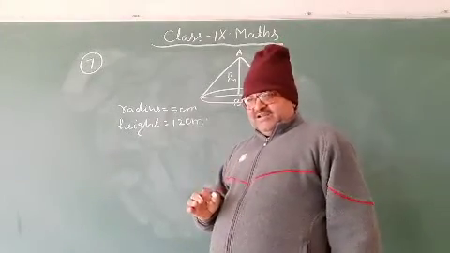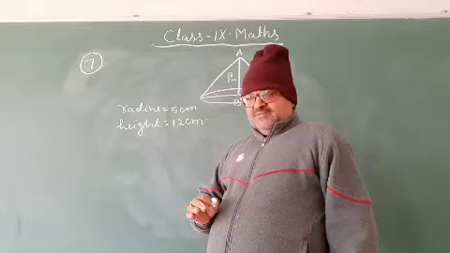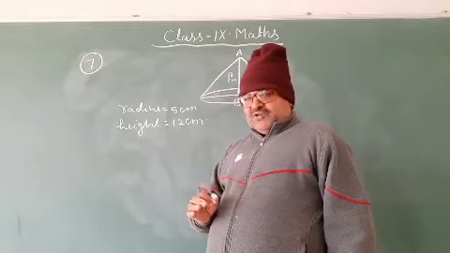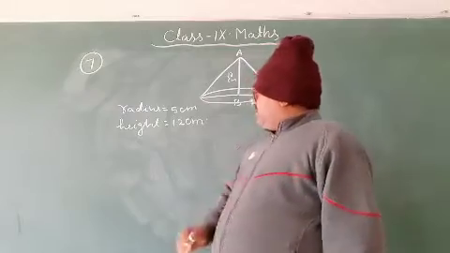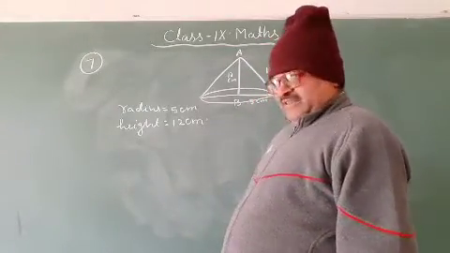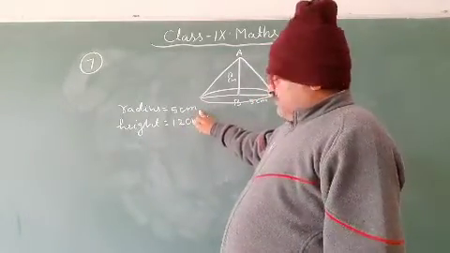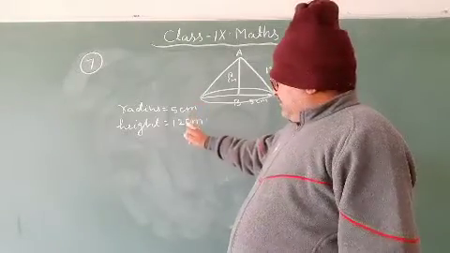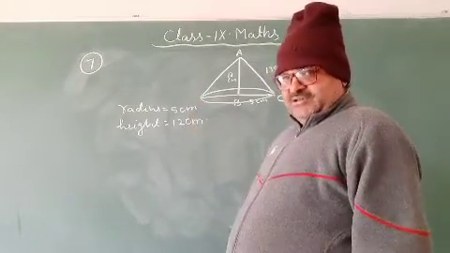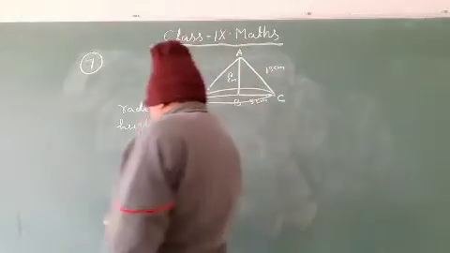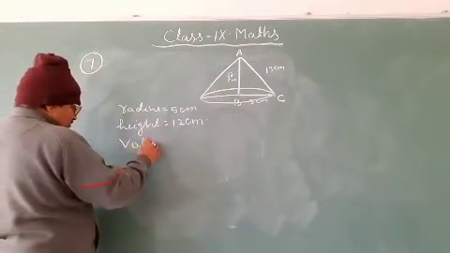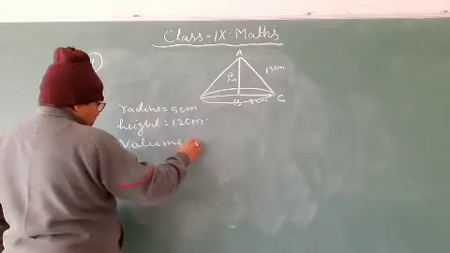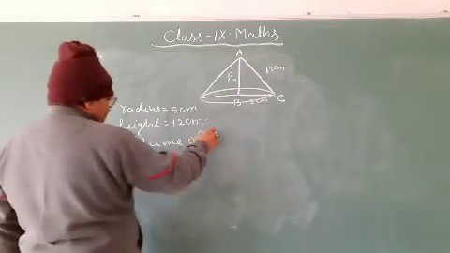After revolving, it becomes a right circular cone, then the radius is 5 centimeter and height is 12 centimeter. Then find the volume of cone